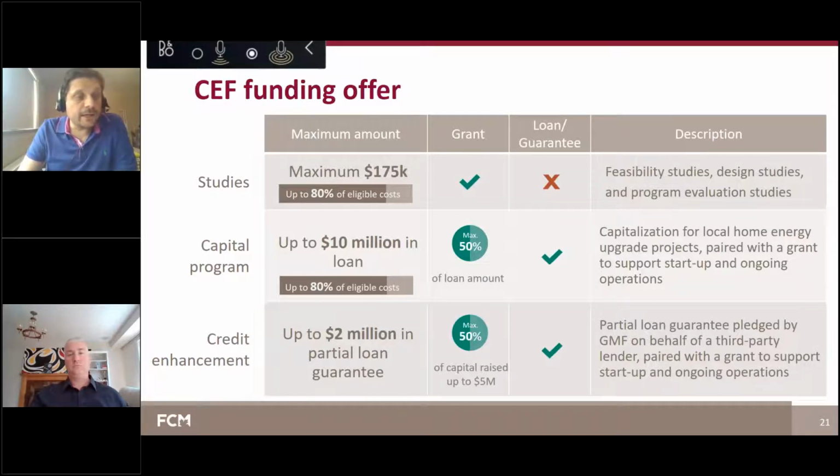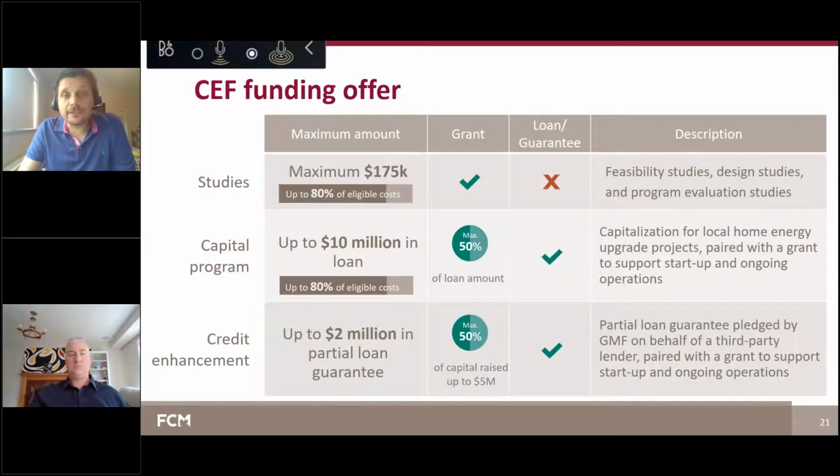So through CEF, we can provide an eligible recipient up to $10 million in a loan, with up to 50% of that amount in the form of a grant to support program startup and operations. So we can capitalize a local program through a loan. And then there's a new